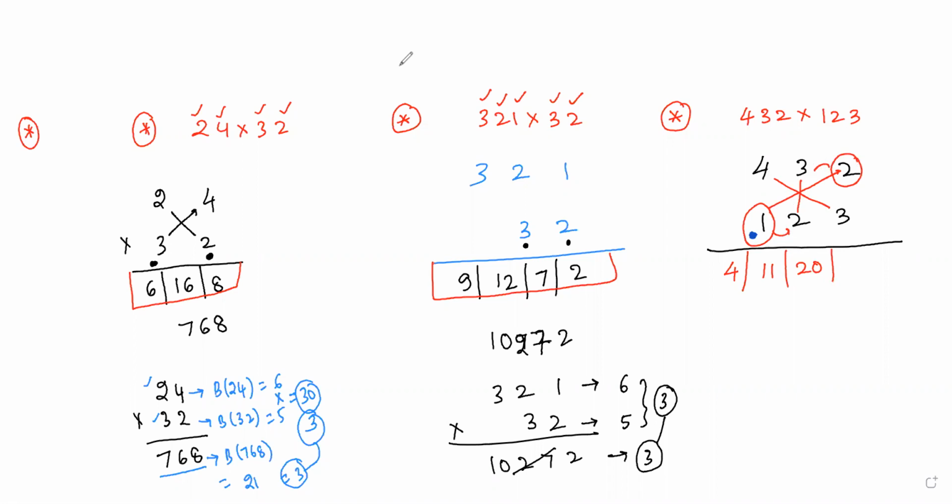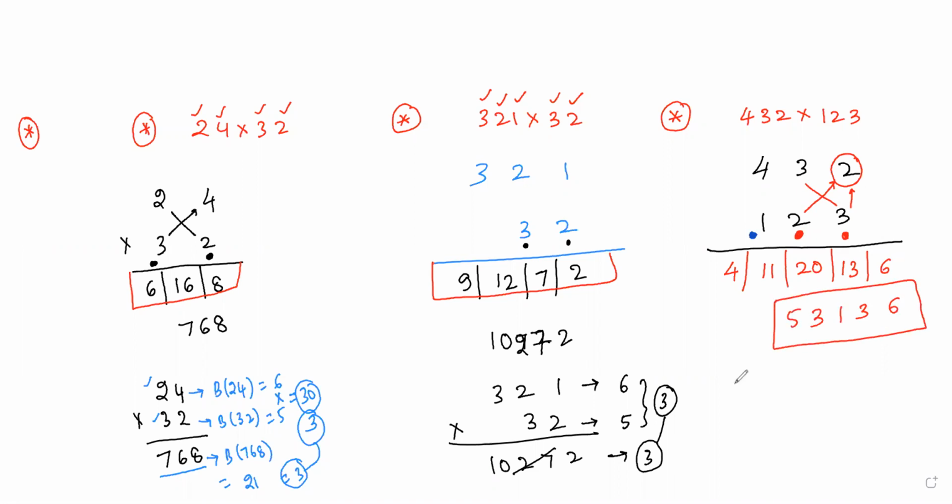Now this time 1 will be eliminated and the new digit will be selected. This is the digit I selected, and it is always multiplied with the unit place digit. So 4 plus 9 is 30. Next time it is selected and it will be multiplied with this digit. Then you are getting 6. So 6, 3, 1, 3, 5 is my final result here.